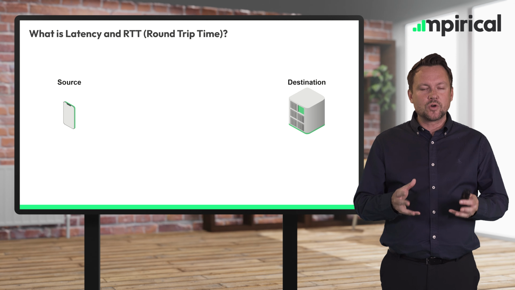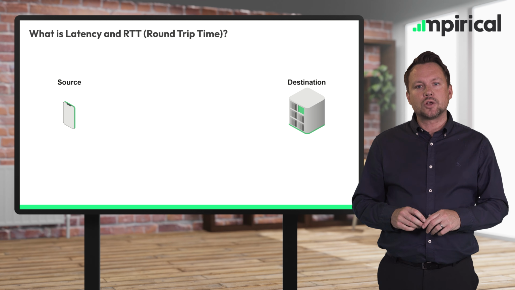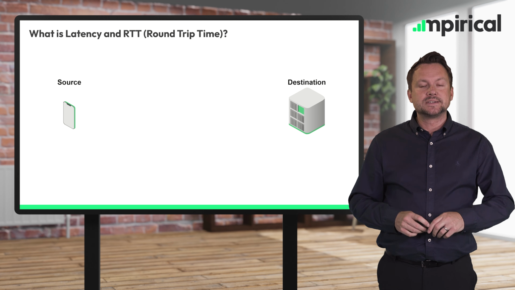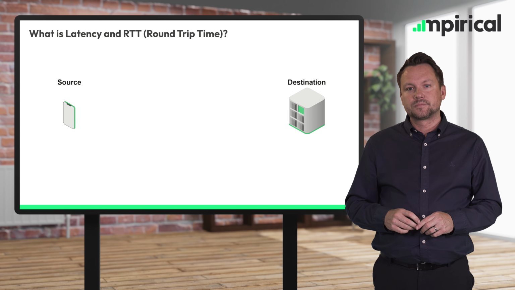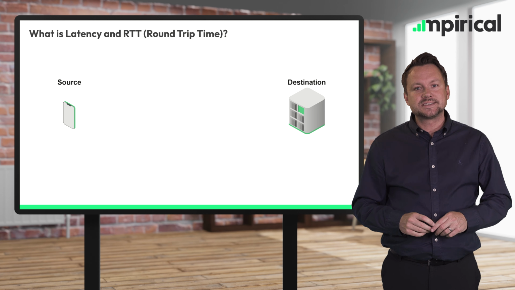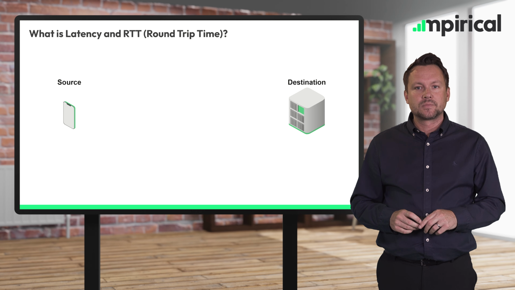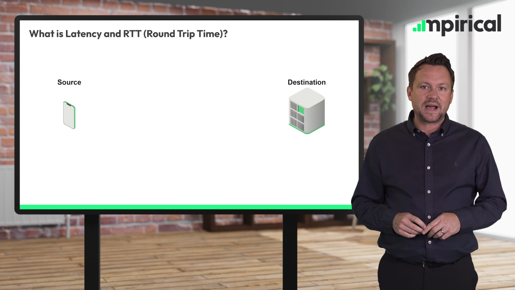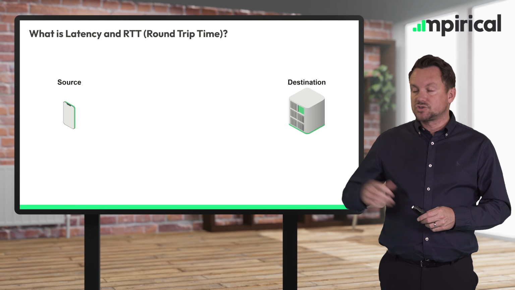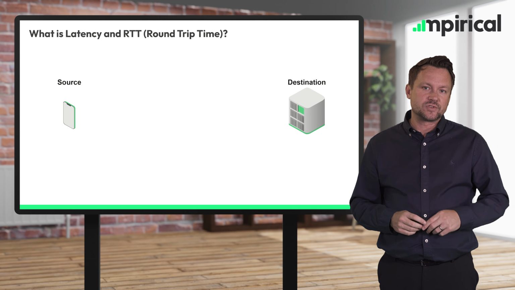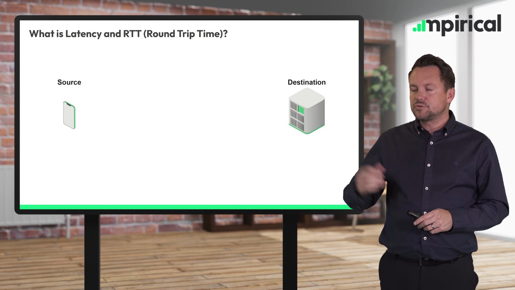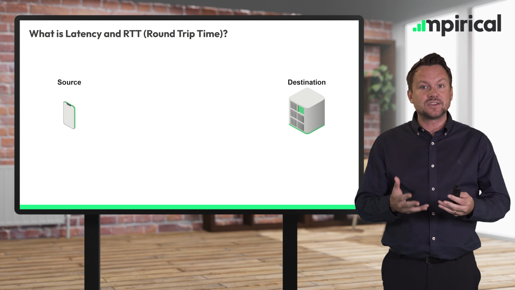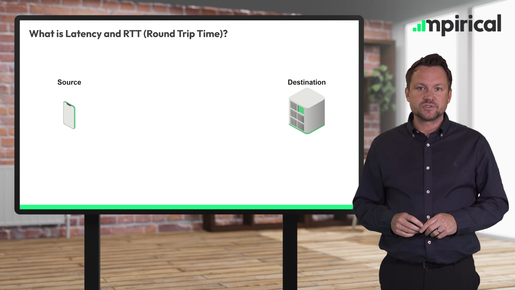Now, before we delve any deeper into L4S, it's worthwhile to explore some key concepts when it comes to measuring delay within networks. So we'll start off with latency and round trip time. So latency is the amount of time it takes for a packet to travel from a source to destination, or a sender and receiver. And we measure round trip time as the time it takes to send the packet, but also to receive a response.